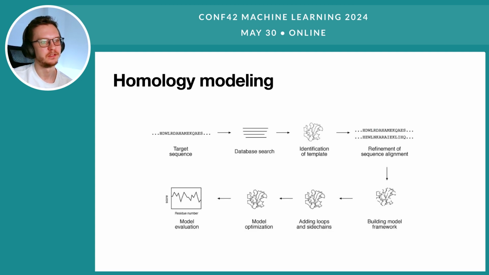Homology modeling is based on the same idea as multiple sequence alignment, that similar sequences have similar structures. If you have a database with structures and their sequences, you can look for similar sequences to the sequence you want to fold. You can find fragments of those similar sequences and combine them together to create the first model,